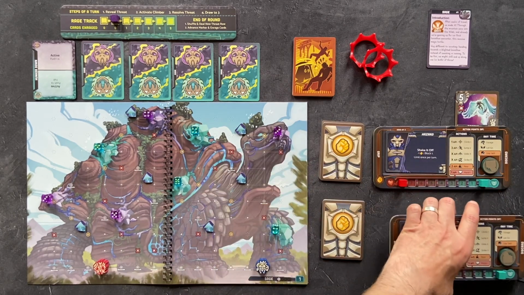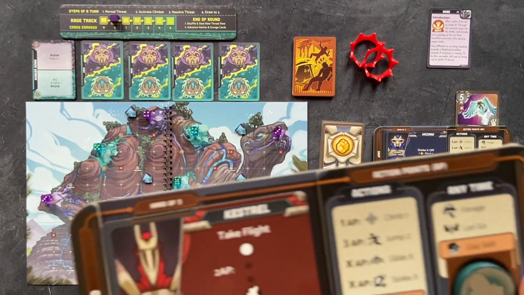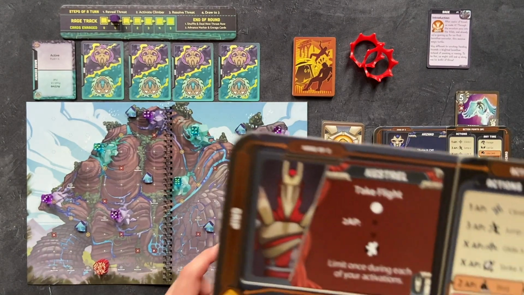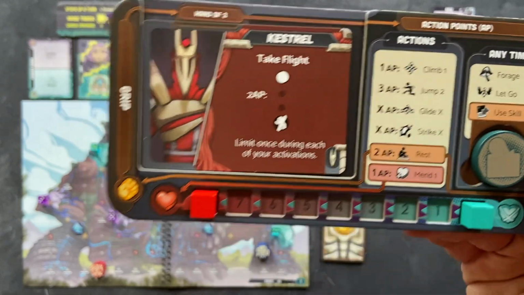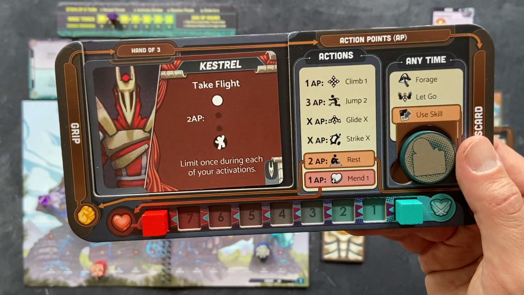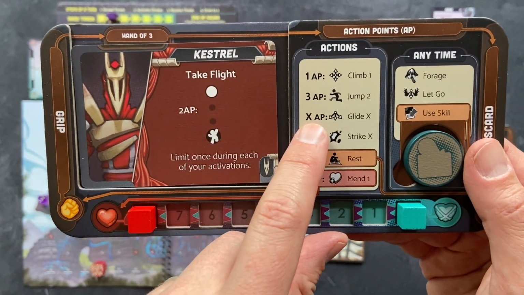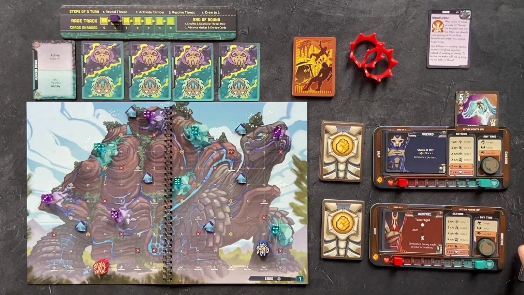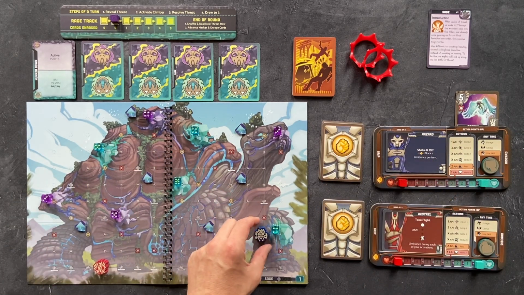I can spend those action points to do these different things. 1 action point means to climb, and you climb like this. 3 action points means jump 2, so you jump over 1 space up. Glide means going down, or down left, or down right. Strike means to attack. X means that you choose how many points to spend. For example, if you spend 2 action points to strike, you will deal 2 damage. If you spend 2 action points to glide, you will glide 2. So now you have to decide how many action points you want to spend, and you will climb, jump, glide, and strike those